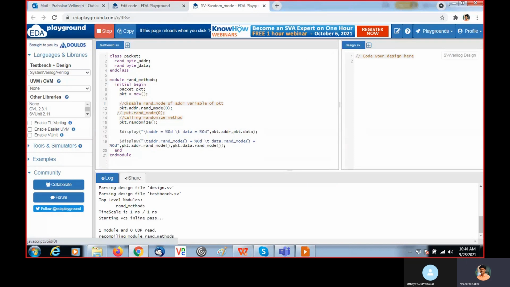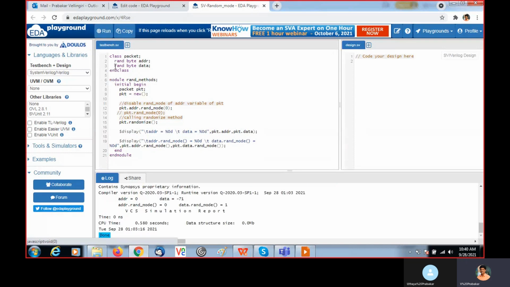Here address and data are bytes, both declared as rand inside this class packet. Inside the module, I instantiate this packet as pkt and create a new object. Then pkt.address.rand_mode of 0 means I am disabling the rand behavior for this address.